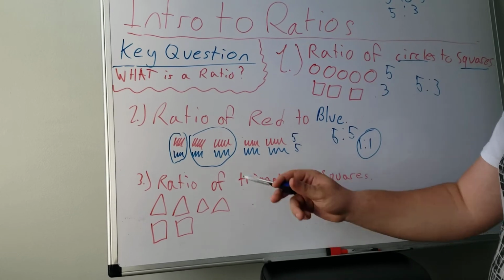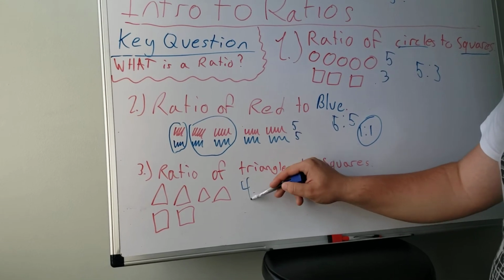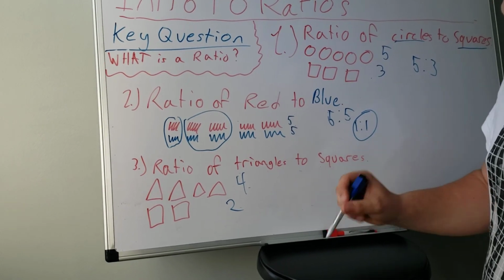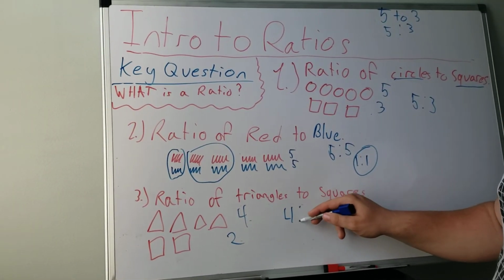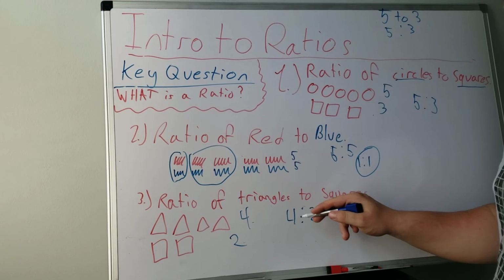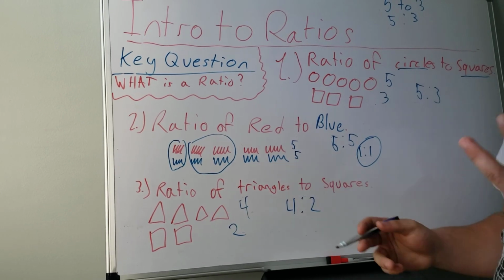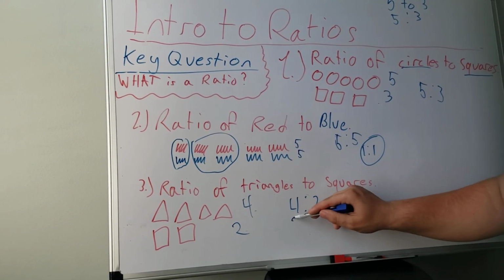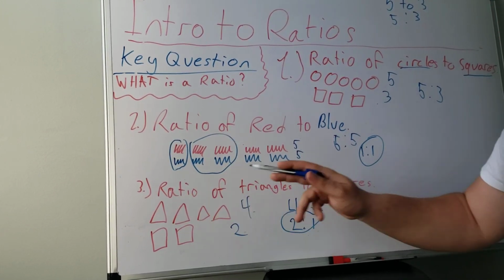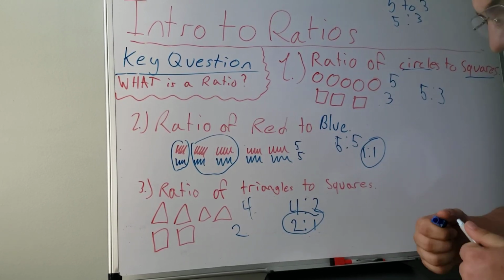explanation for today, ratio of triangles to squares, right? So we have 1, 2, 3, 4 triangles, and then 1, 2 squares. So let's go ahead and show our accordance of triangles to squares by doing just that and writing 4 to 2. Now remember, like we did in the previous one, we can simplify, right? So we see that for every 2 triangles, there's 1 square, and same here. Every 2 triangles gets 1 square. So let's go ahead and write this as a 2-to-1 ratio, okay? Because for every 4 triangles, you get 2 squares. So we can basically say that for every 2 triangles, you get 1 square, and that shows how it is